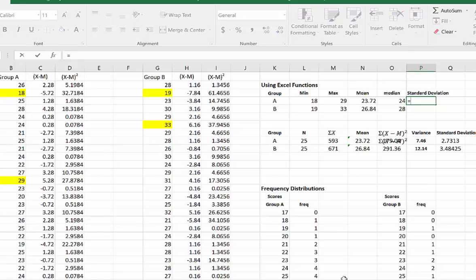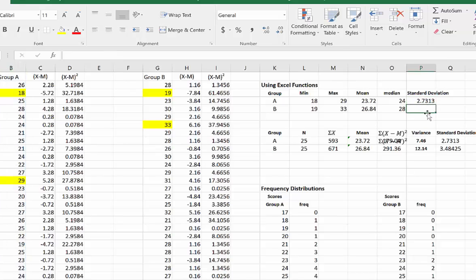So to find the standard deviation, the command would be STDEV dot, notice here, it gives you a choice between two. .S is for the sample, .P is for the population. So we're treating these groups of data as samples. So it would be .S, parentheses, highlight the scores, end it,